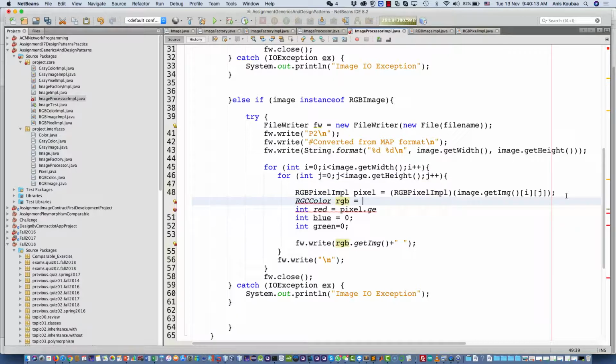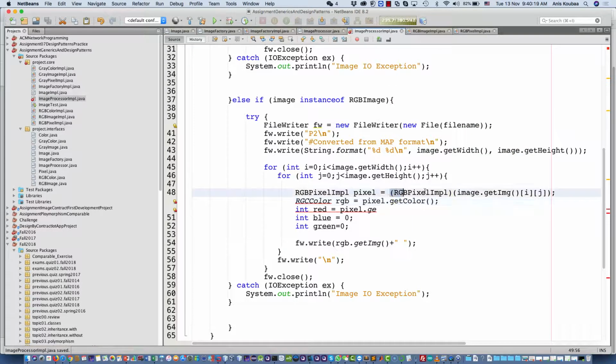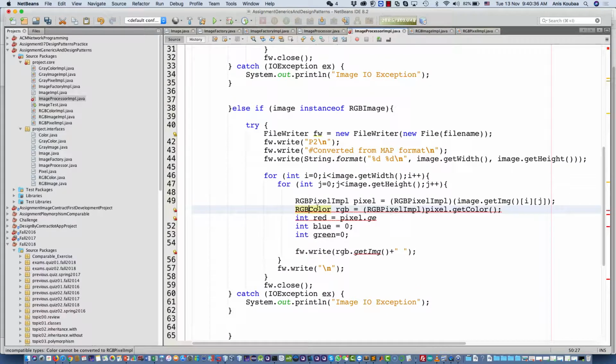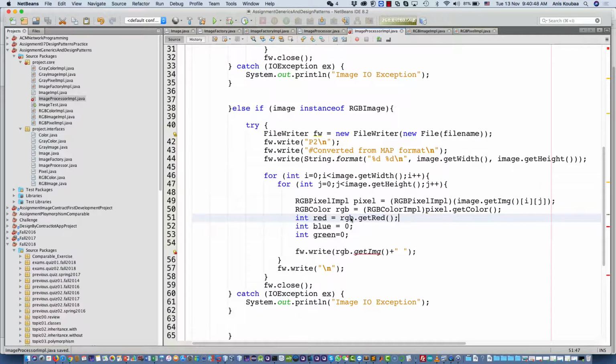RGB is equal to pixel dot get color, and here we also have to cast. This is the interface. You have to cast to RGB color IMPL. And then now we have RGB dot get red, because you have composition, one box inside one box inside one box. Okay, and then you have to use